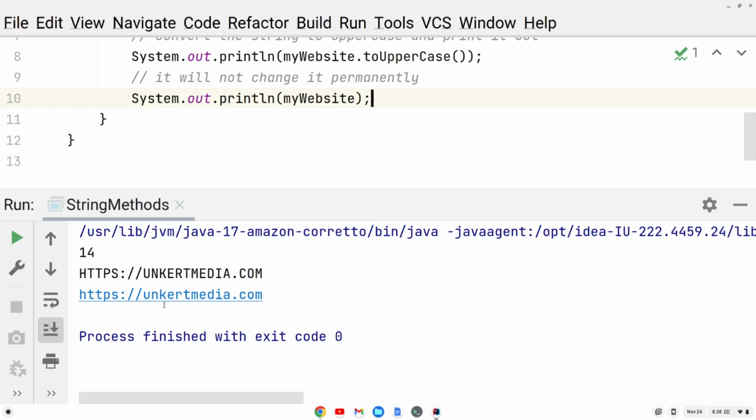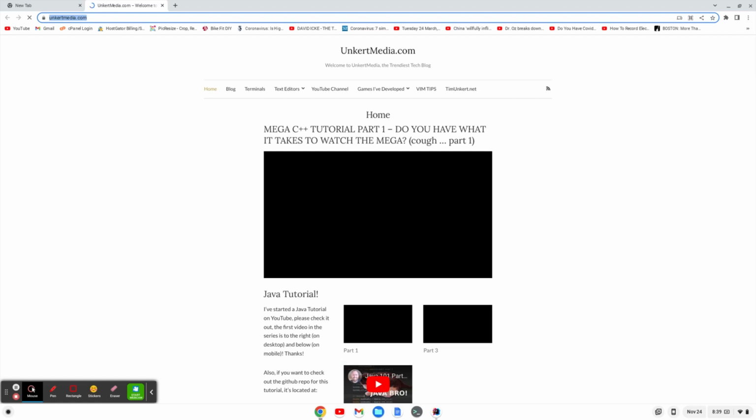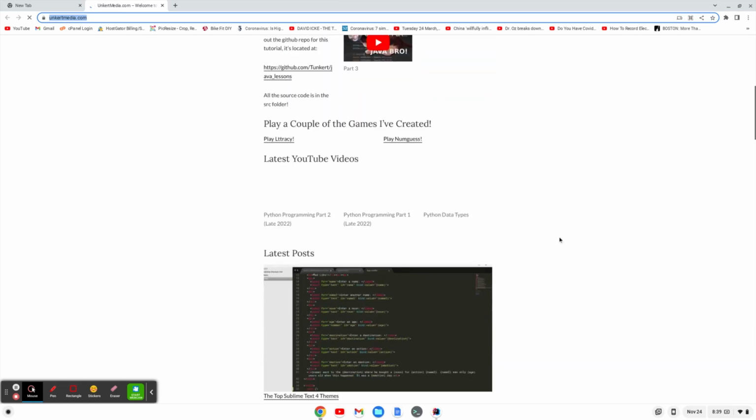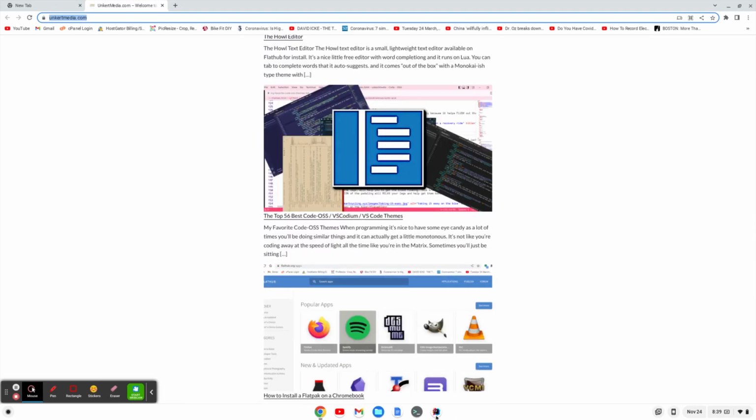And the cool thing about this IDE is I could click on a link. So I'm just showing you something about IntelliJ. I can click on a link and it will go to the website, which is loading slowly while I'm recording, since I have a slow internet connection. But you notice here, I have a post, you might want to check it out. And that was a shameless plug. Okay, anyways,